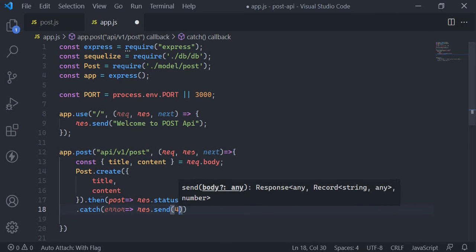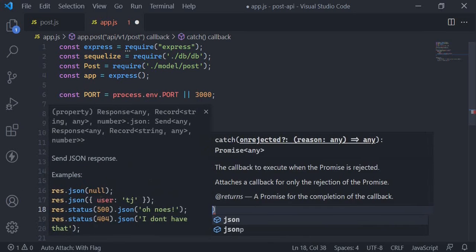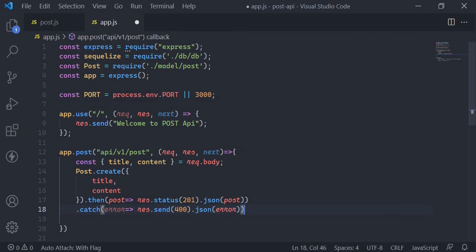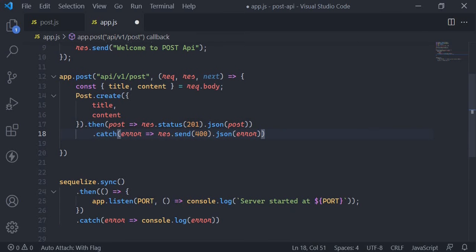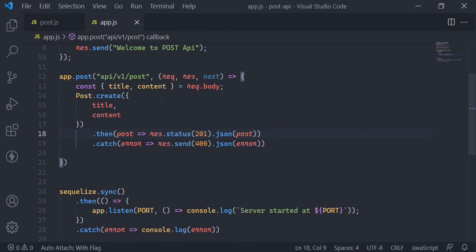and we can write 400 bad request, and we can also specify JSON, and I'll pass the error, and let's just format this, and let's see what is created. So I'll just save this,